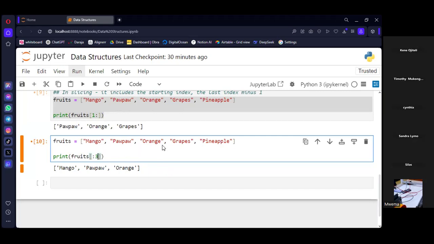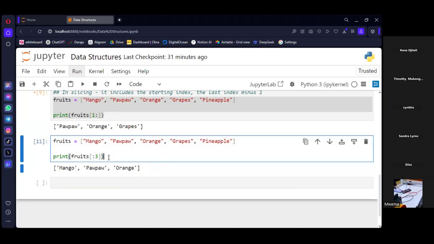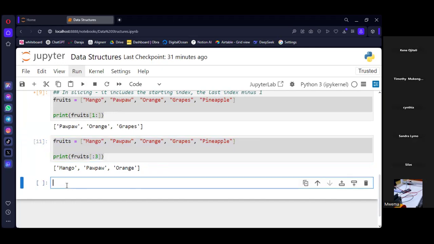If the end is at index 3, it's going to return up to the element at index 2. So this way, you're still able to access without specifying the starting point. And sometimes you might also want to slice with negative indexing.